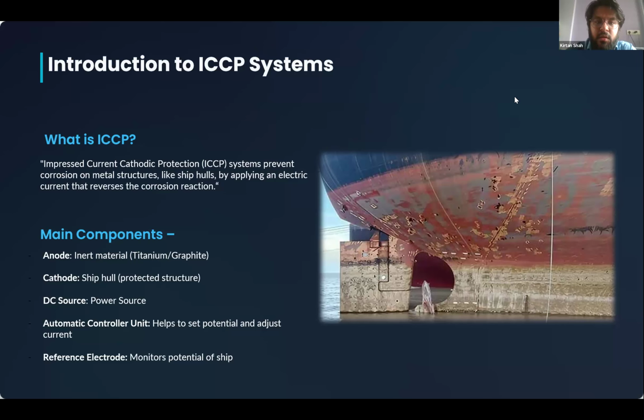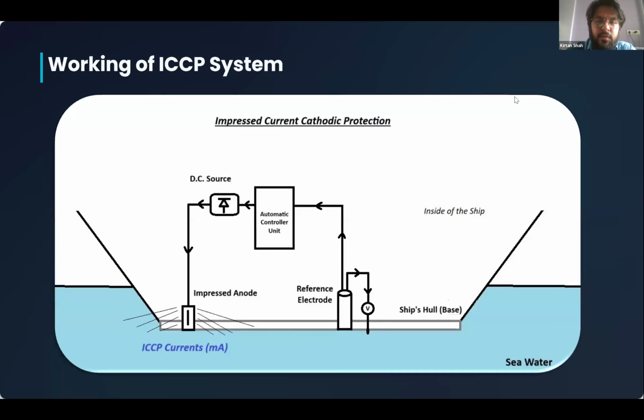So let's see how this ICCP system works. First, the reference electrode over here monitors the potential of the ship. Then this potential is forwarded to the automatic control unit. Now this ACU in turn tries to match the actual hull potential to the set potential, which is generated